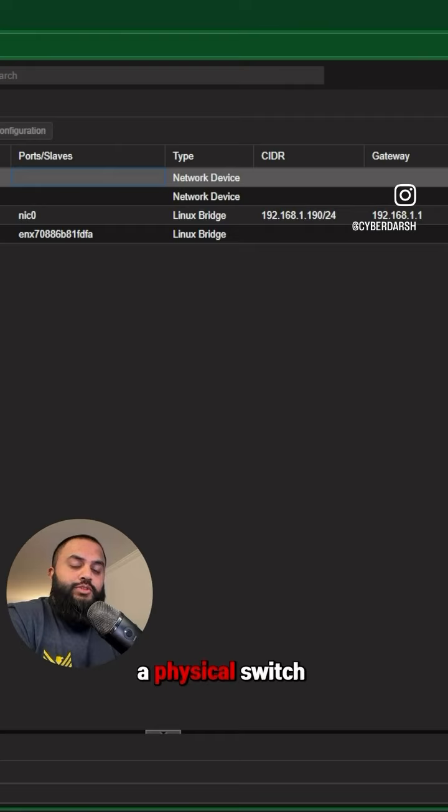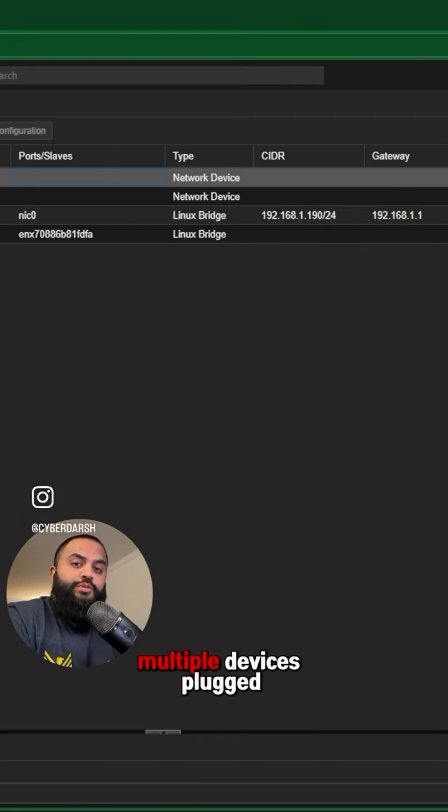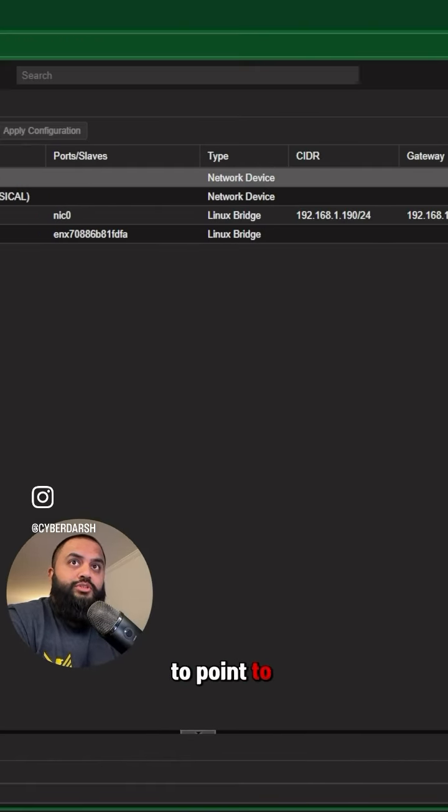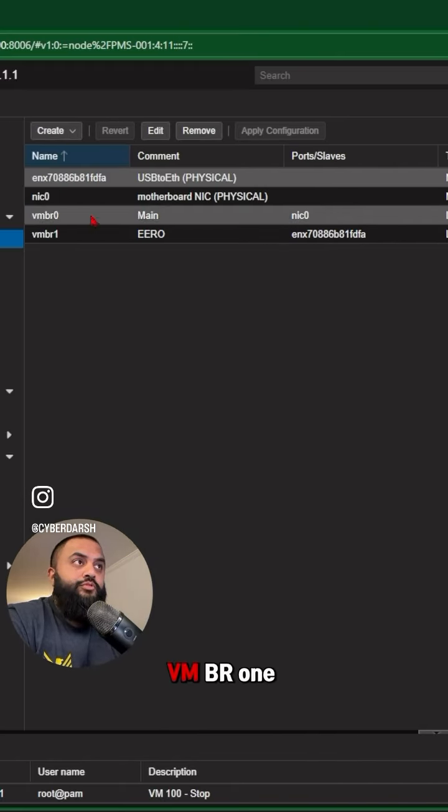Imagine you have a physical switch, right? And you have multiple devices plugged into a switch. Those devices that are plugged into that switch can communicate with each other, right? Assuming there's no VLANs. Those devices on the same physical switch can communicate with each other. That's what's happening here. If we wanted to create, for example, 10 VMs, we could set the NICs on all 10 VMs to point to VMBR